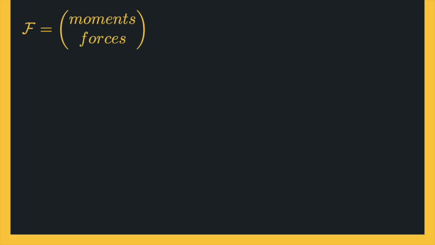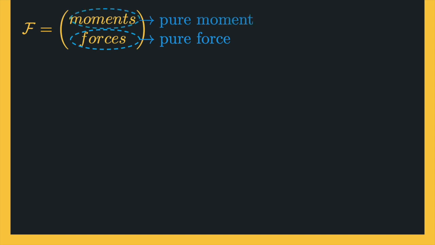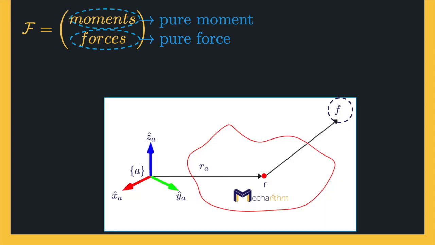A spatial force, generalized force, or a wrench is a six-vector consisting of moments and forces. Therefore, a wrench consists of a linear component or pure force and an angular component or pure moment acting at a point. If F is a linear force, the line of which is acting on a rigid body at a